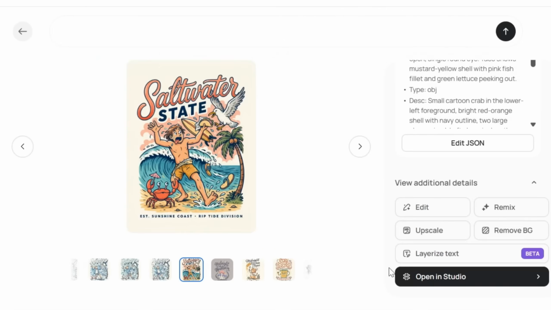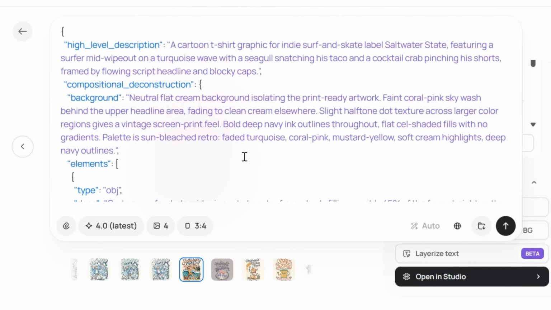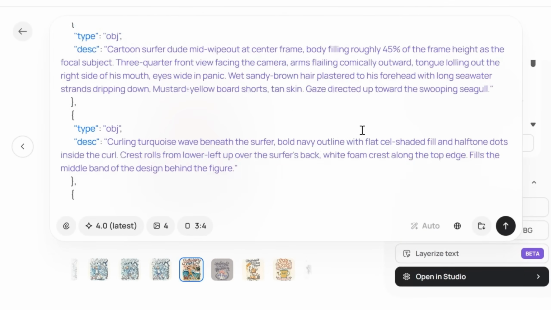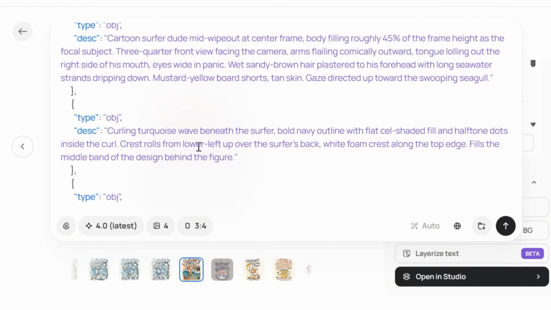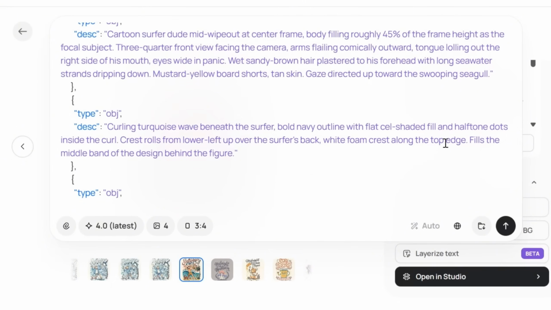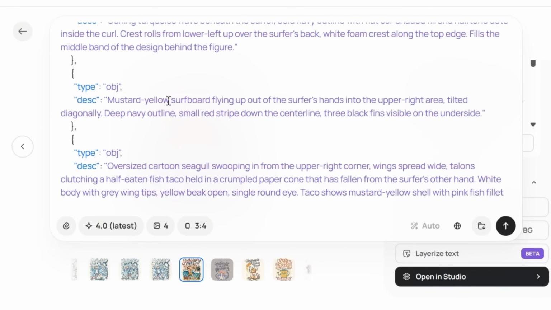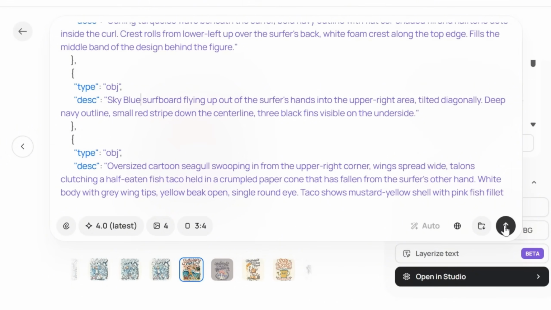So you can use this JSON prompt by pressing on use the prompt, and this will be added to the prompt box, and you can see the details of the prompt description, and you can even change anything written on it. So for example, I'm going to change the mustard yellow surfboard to a sky blue,